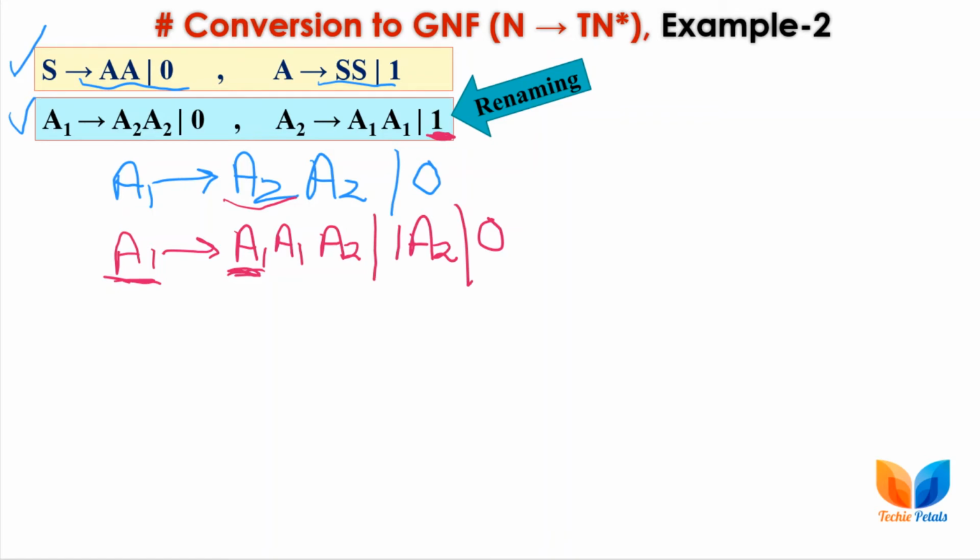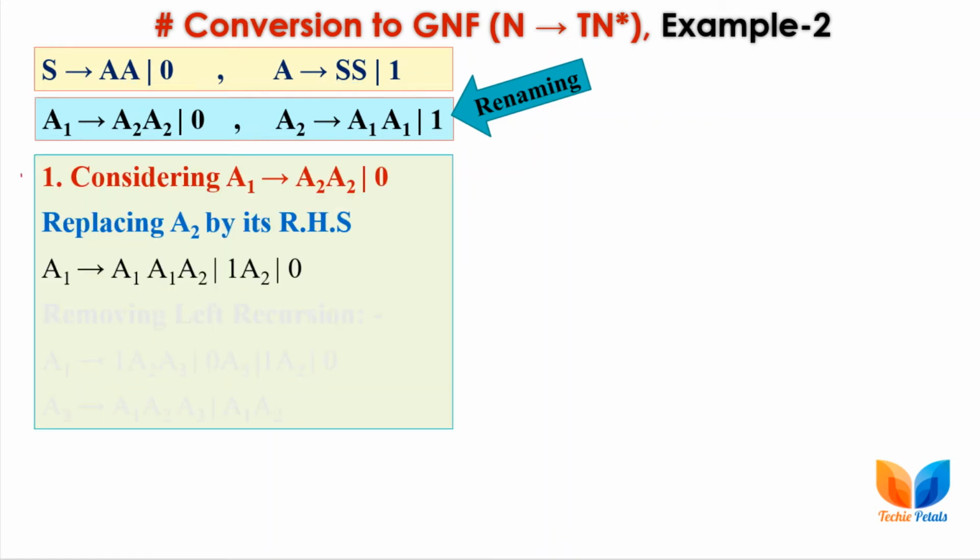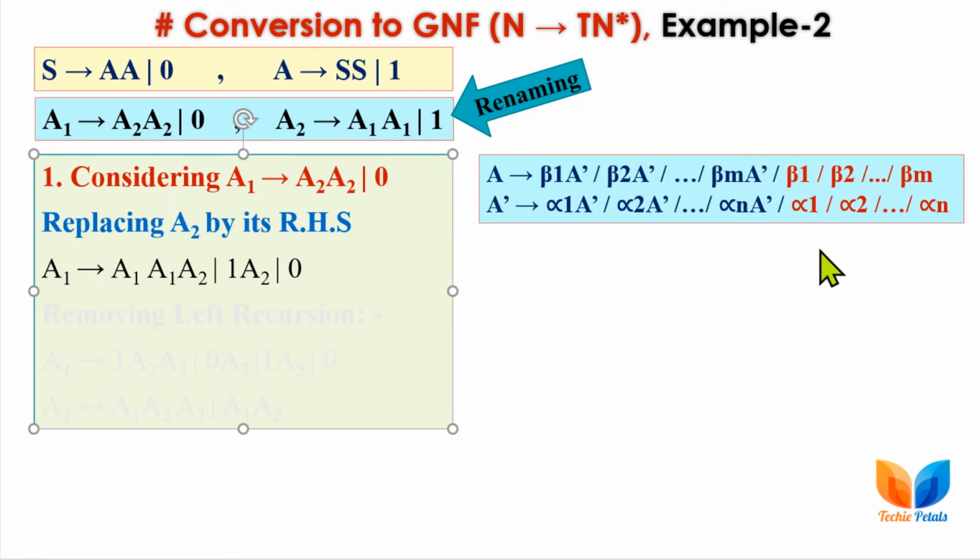So let's check the grammar first. In the first step we consider this production rule, and after substitution we get this grammar, as we discussed in the previous step. So A1 and A2, this A2 is copied as it is, 1 A2, and the last 0 is repeated as it is. So we get left recursion here. For removing this left recursion we need to apply this rule, because this rule is without null production. We cannot apply the rule that we used for ambiguity removal, so we have to use this rule, because it does not have the null symbol.